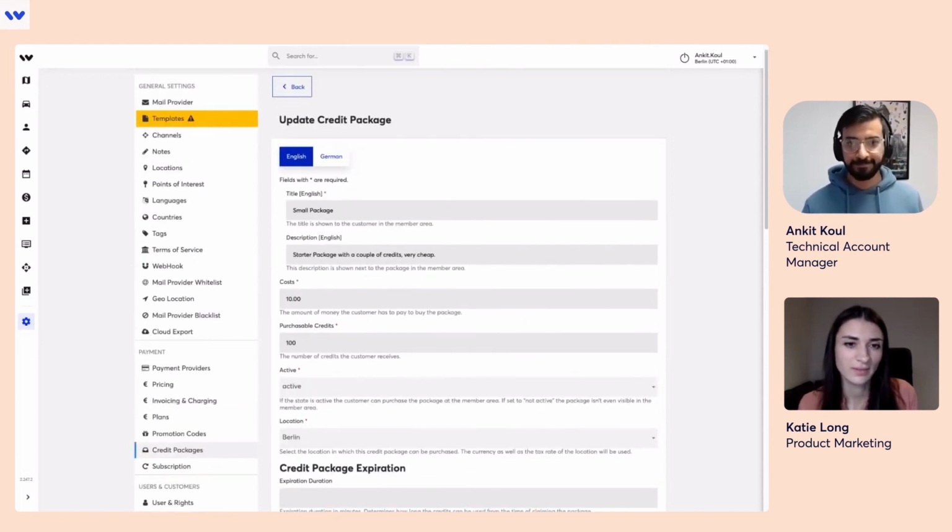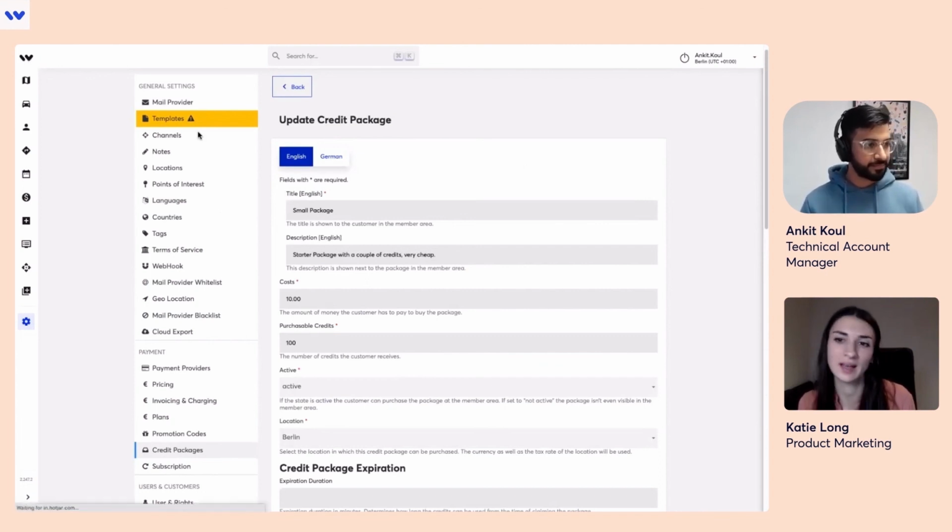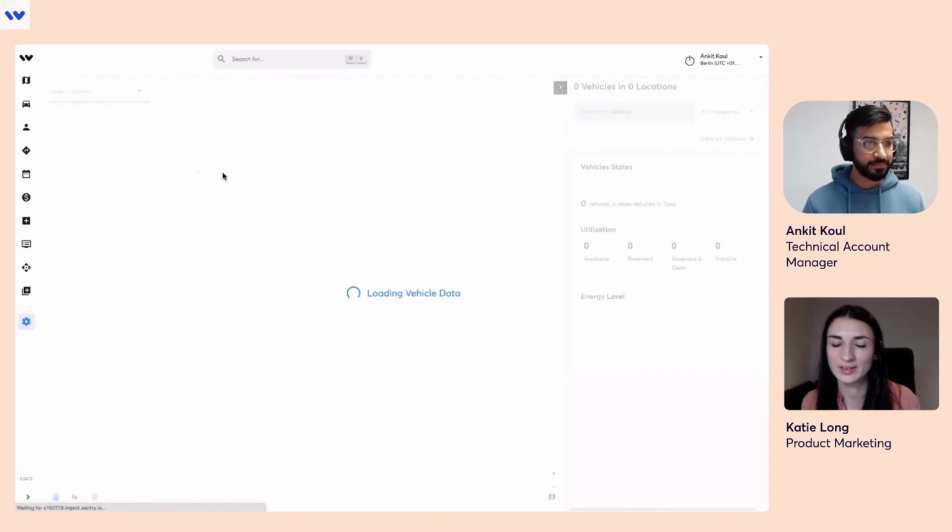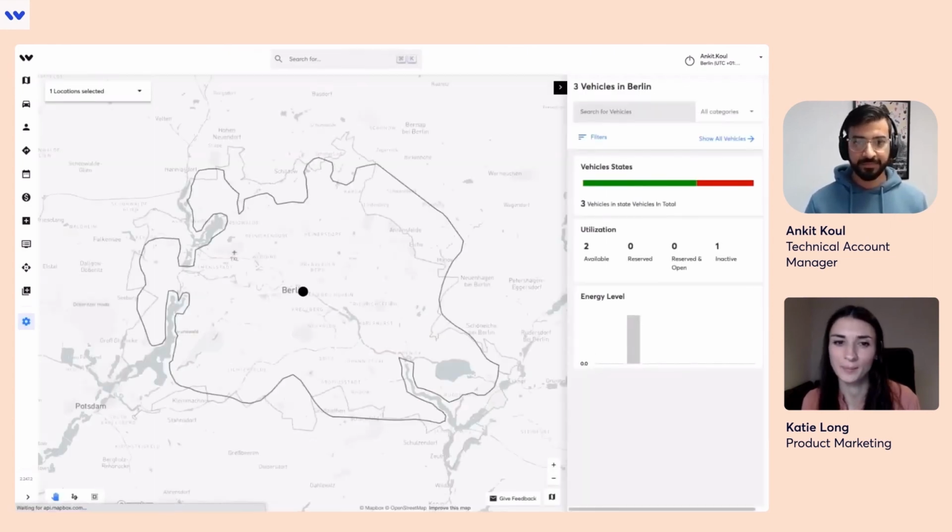Yeah, fantastic. So these packages and discounts and plans can all then be used as part of marketing initiatives, for example, for the operators, and to boost their presence and grow their customer base. So it seems as well like everything is very customizable. There's a lot of options for the operators to decide how they want to set up everything surrounding payments in the system and what suits them.